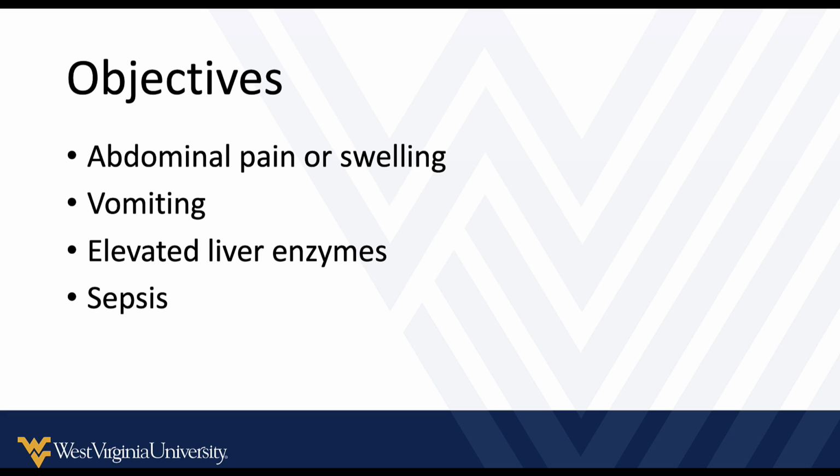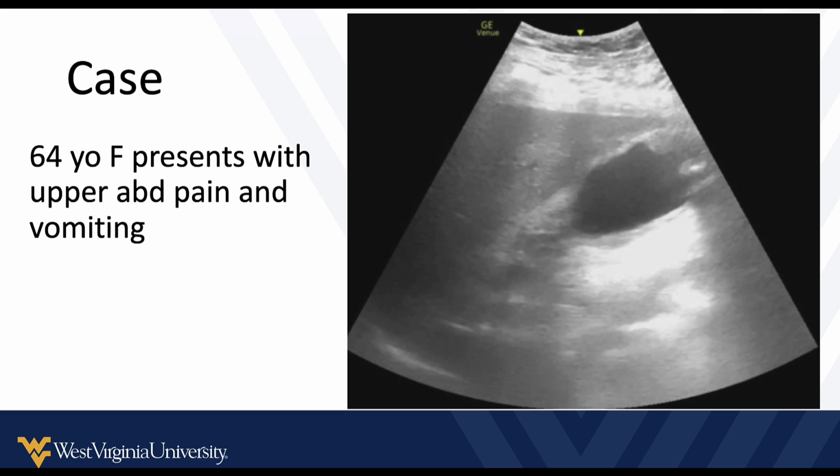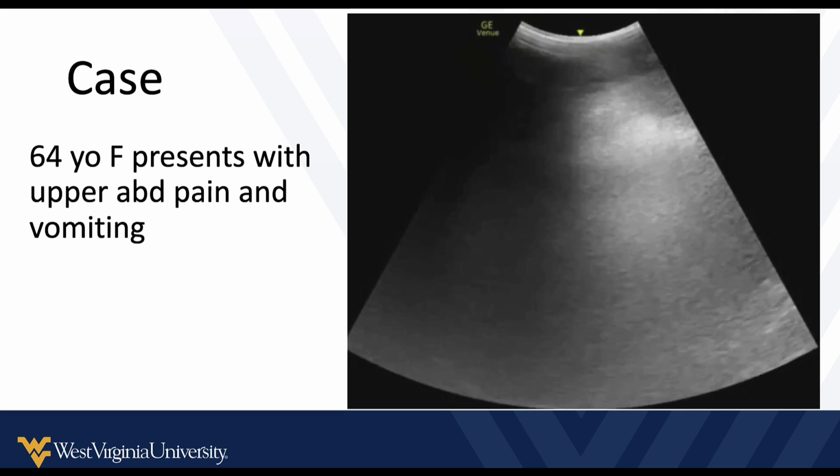or maybe different swollen areas in the abdomen or groin. They may also present with vomiting, elevated liver enzymes, or maybe undifferentiated sepsis. And here's a couple of quick cases we'll look at, and then we'll come back to these after we review